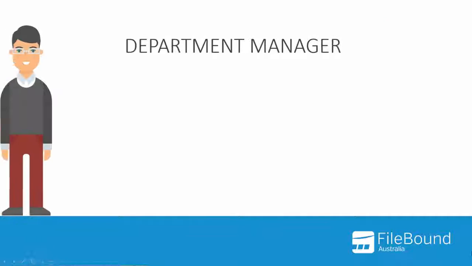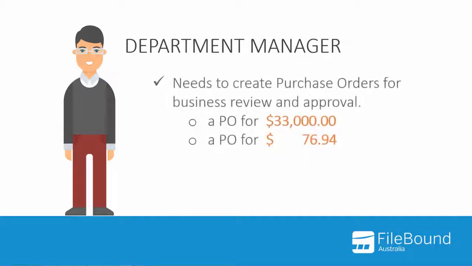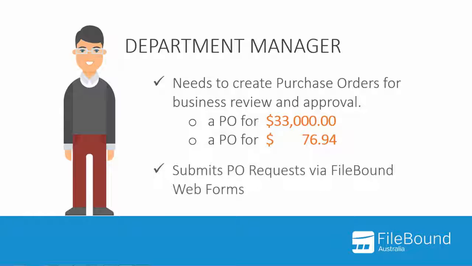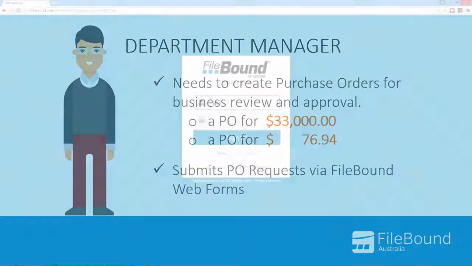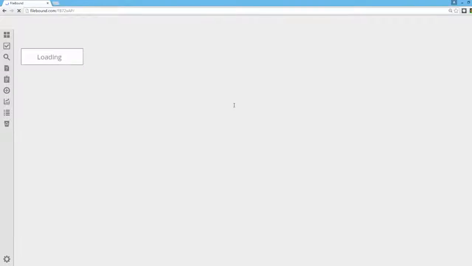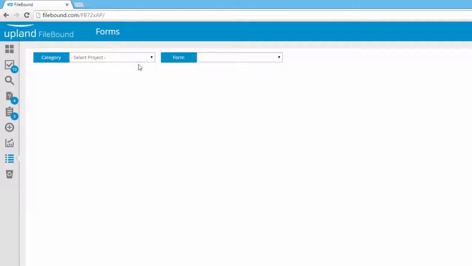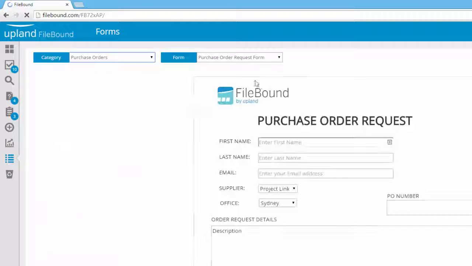So our process starts with the IT manager. He's going to need to create a couple of purchase orders, one for $33,000 and one for $76.94. And seeing he's using the FileBound platform, he'll submit his purchase order requests via FileBound web forms. Just logging into FileBound here, we're going to navigate along to our FileBound forms. Here we'll be able to select our purchase order category and then select our form, which is our purchase order